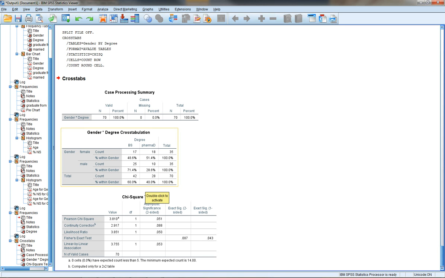in two columns. And what this is saying is that out of the 35 females, we have 18 that have PharmD, representing 51.4% of the females. Out of the 35 males, we have 10 that have a PharmD, representing 28.6% of the male gender. And if we want to compare this percentage to that percentage and know if it's statistically significant or not, then you can look at your chi-square, which is down there, and the p-value is the asymptotic significance, that's the p-value, and the p-value is